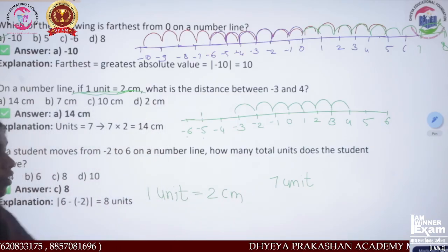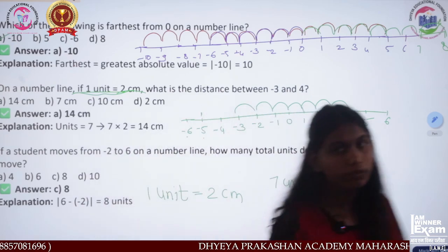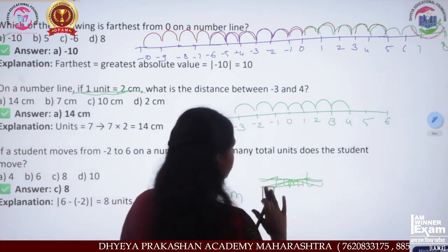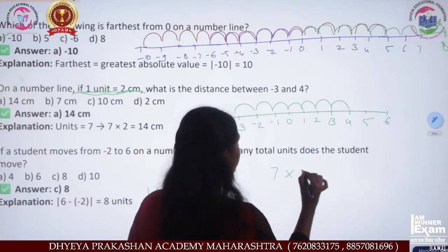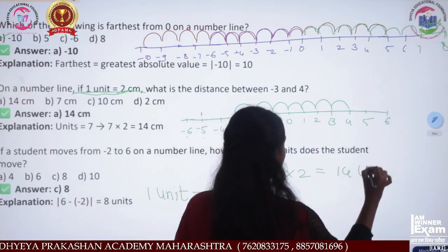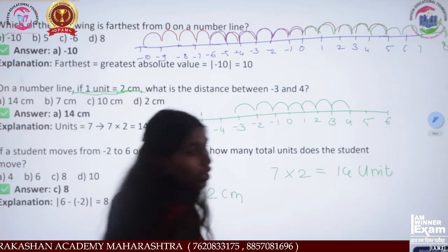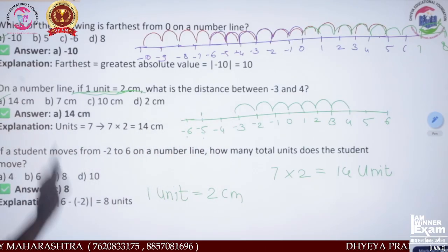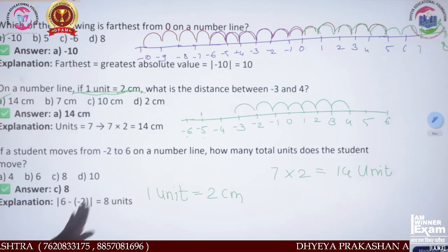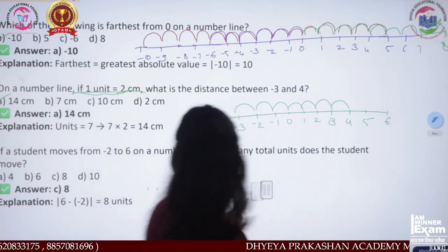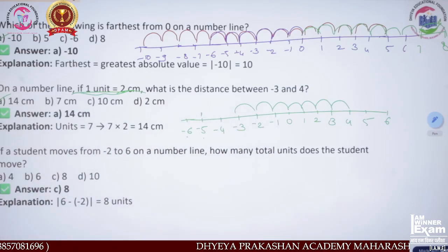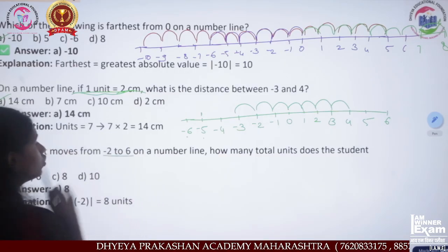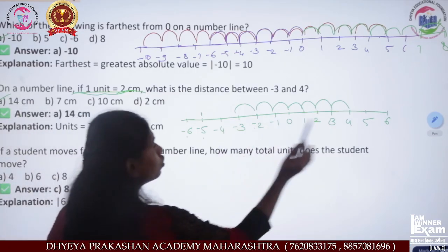How will you calculate now 7 units? You will just simply multiply 7 by 2. Then you will get it as 14 unit. So this will be your answer. That is A, 14 centimeter. Okay. Then next, if a student moves -2 to 6 on a number line,